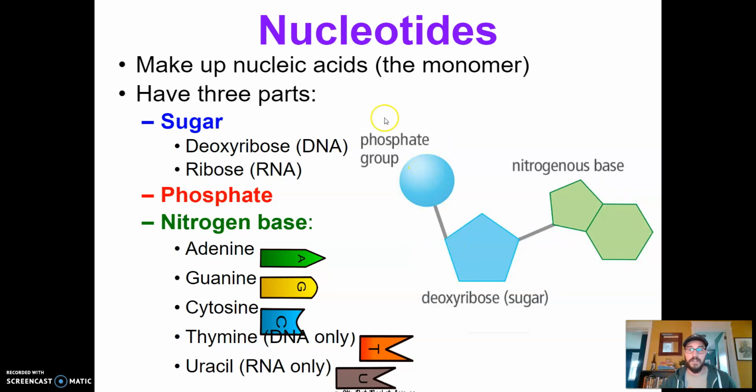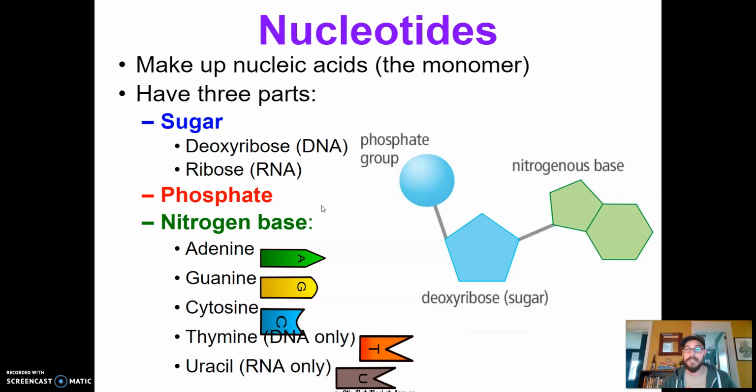This should look very, very similar to our good old friend ATP. ATP looks pretty much exactly the same, except it has how many phosphate groups? It has 3 phosphate groups. It has one here like this, and then it has one here and one here. Remember, like I said,